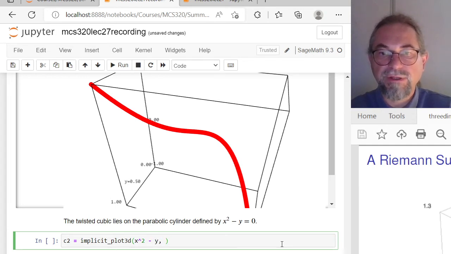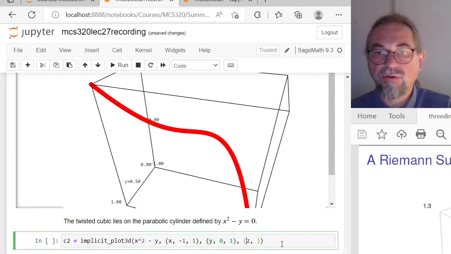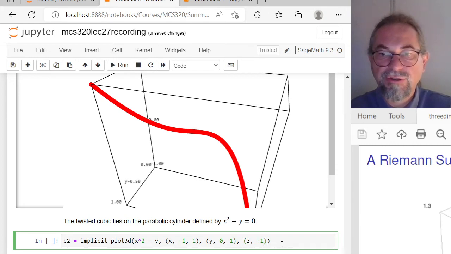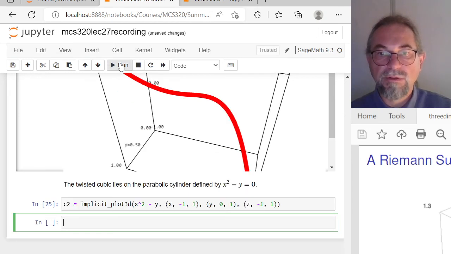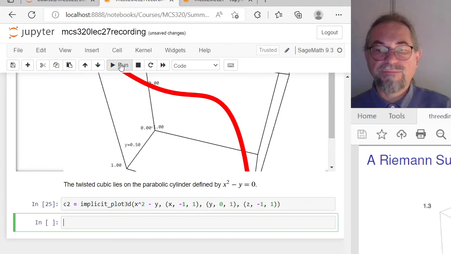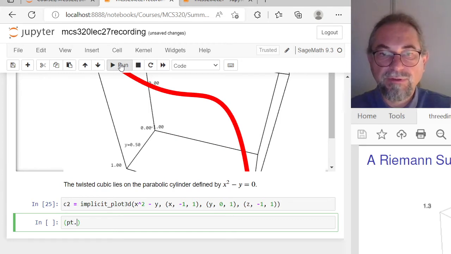So I don't need to give the equation, but I must provide the range for x, the range for y, and the range for z. So actually the range for y is between 0 and 1. The range for z goes from -1 to 1. So this defines the surface,